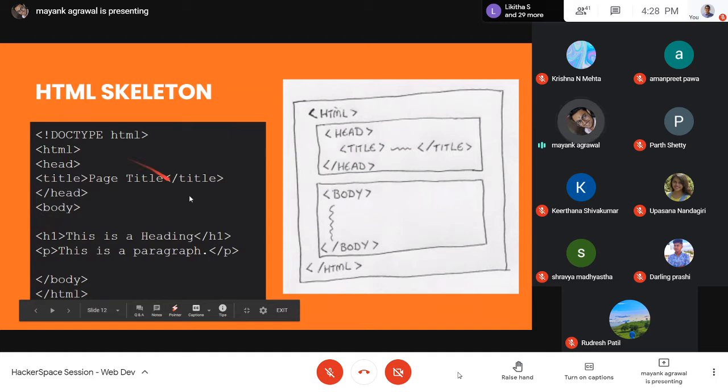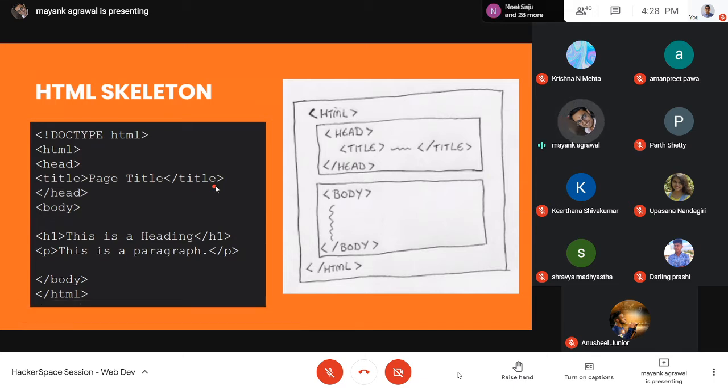What this means is that this HTML tag that was opened over here is closed over here. This is a closing tag. Any tag with a forward slash is a closing tag. Similarly, body, head, title, everything has a closing tag. Not every tag in HTML has a closing tag, but these are a few basic ones and they have closing tags as well.